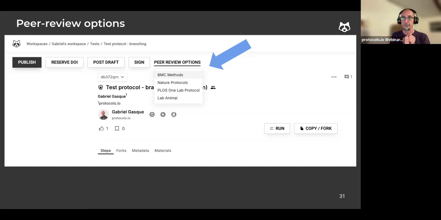We offer you the option, but you know your field and you know your audience, and you know what journal would be the best fit. As I mentioned before, over 500 scientific journals explicitly endorse protocols.io. But with these 4 journals, we have a close relationship that should facilitate submission.